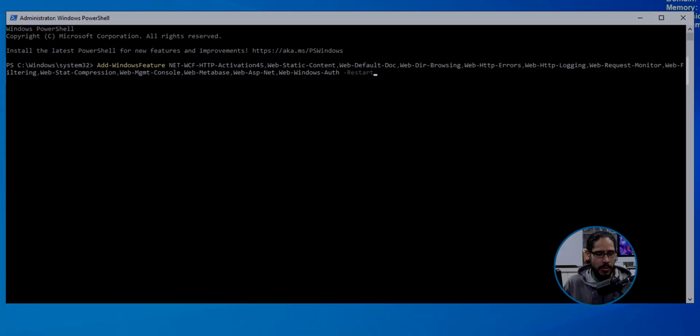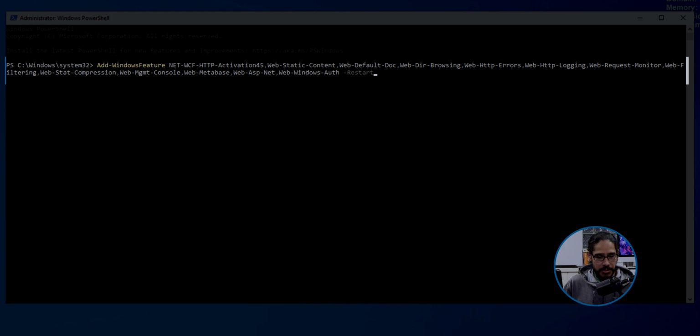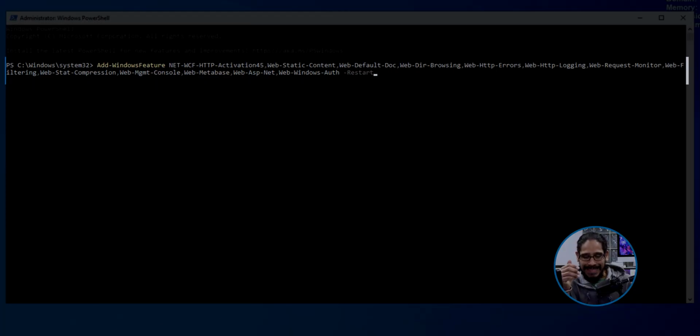And this is the command that we're going to enter. Add-WindowsFeature and all this stuff. I'm actually going to give you all this stuff at the bottom, hopefully in the comment section. If I forget, just hit me up and say, hey, Bernardo, give us the command for the PowerShell. Strange thing is at the end, when you do the parameter of -Restart, it doesn't restart. It really doesn't need to restart, but I like to restart the machine anyway.